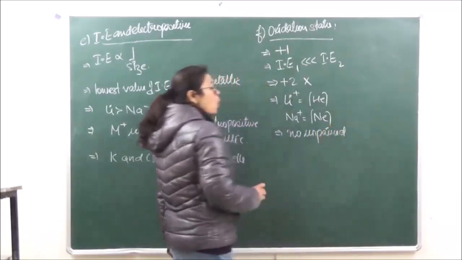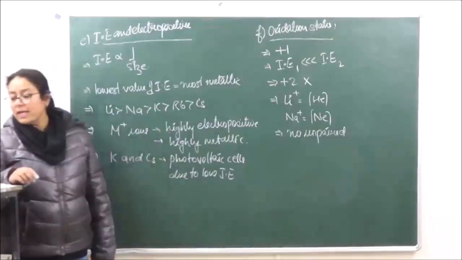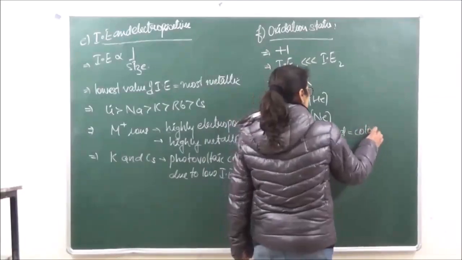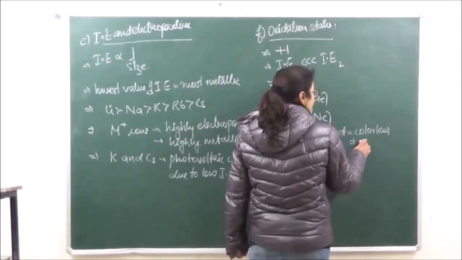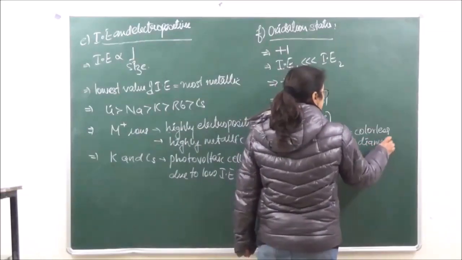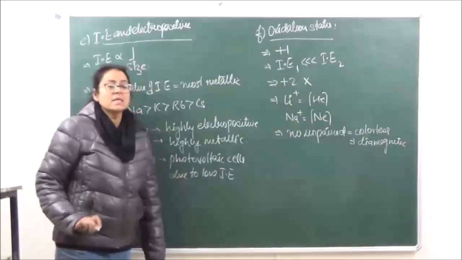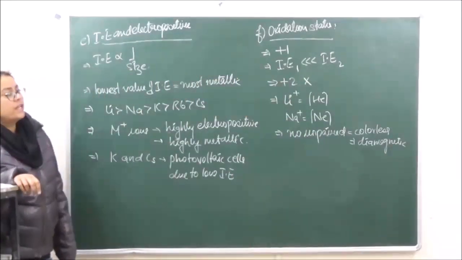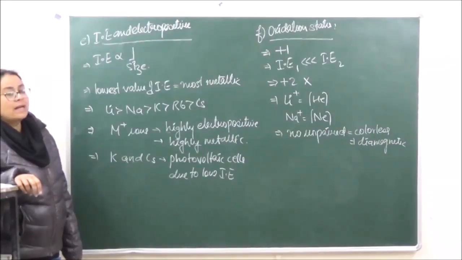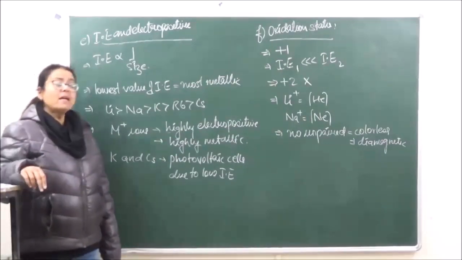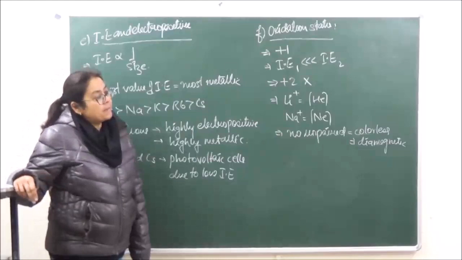As they have no unpaired electrons, all of them are going to be colorless and all of them are going to be diamagnetic. What do we understand by diamagnetic over here? You've already done in your molecular orbital theory that all substances which have at least one unpaired electron are attracted by the magnetic field, and they are said to be paramagnetic in nature. And all those which have all paired electrons are going to be repelled by the magnetic field and are going to be diamagnetic in nature.